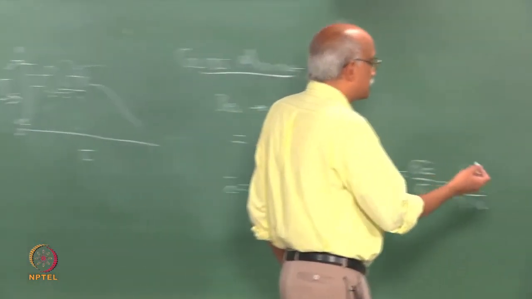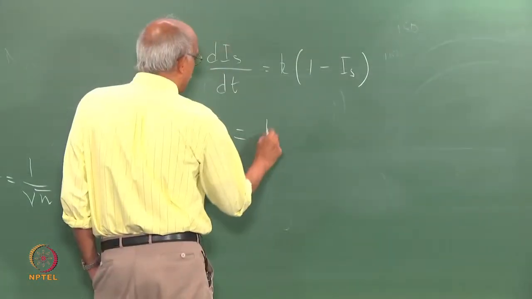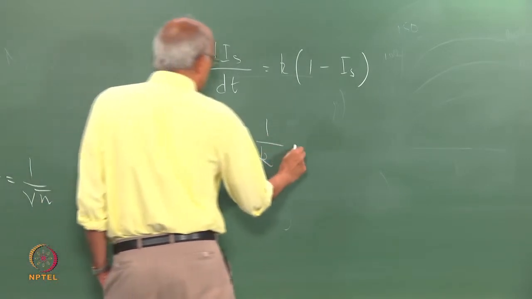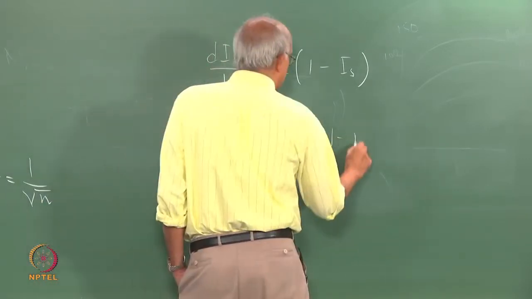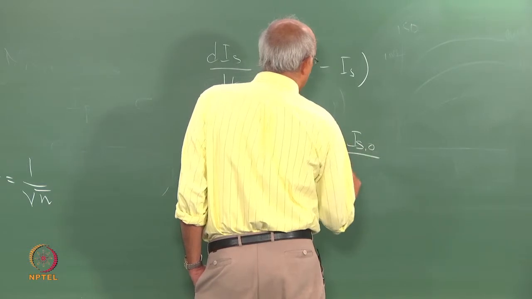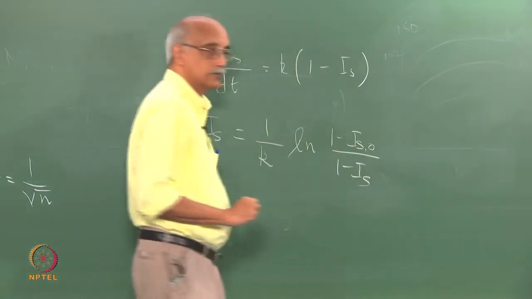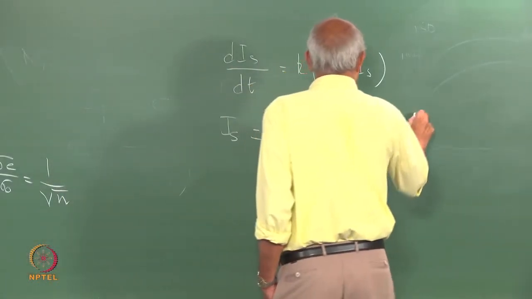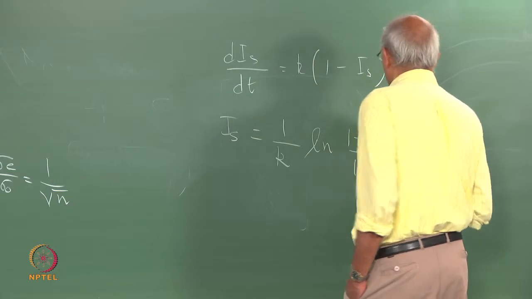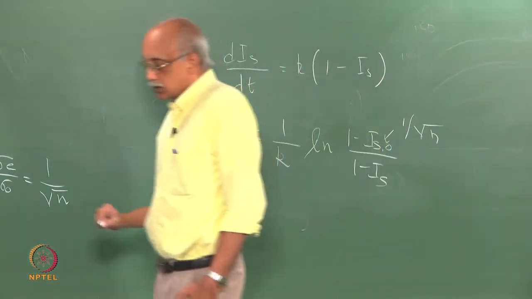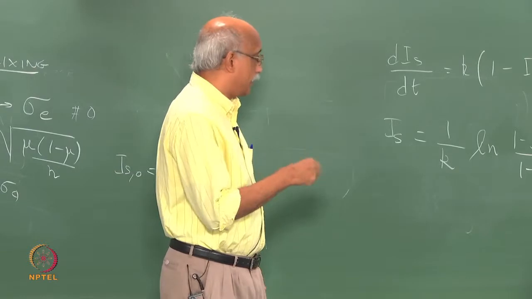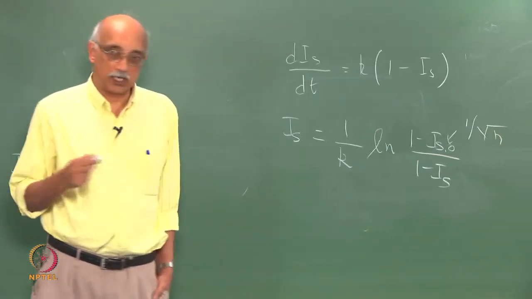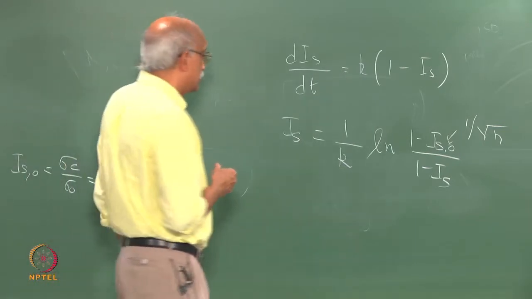So, if you solve this, you will get an expression like t equals 1 over k times ln of (1 minus IS0) over (1 minus IS). But we have seen before that IS0 has a value of 1 by square root of n. So, the value of IS as a function of time is going to be equal to